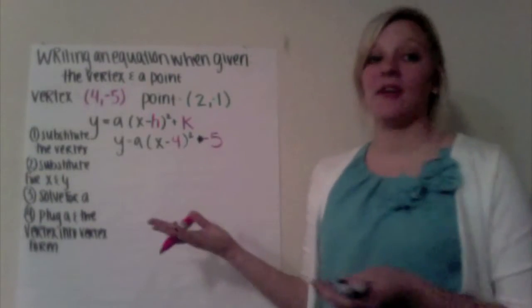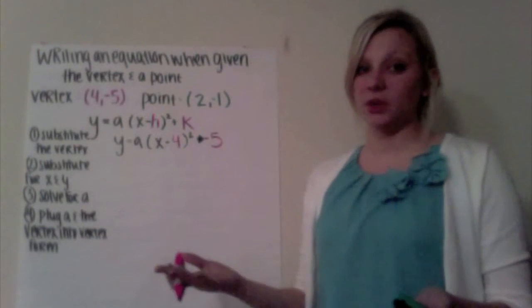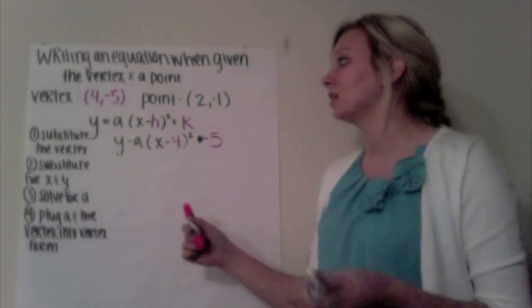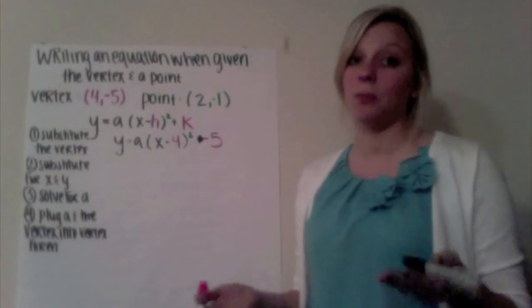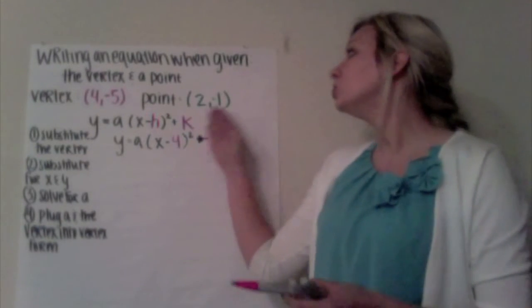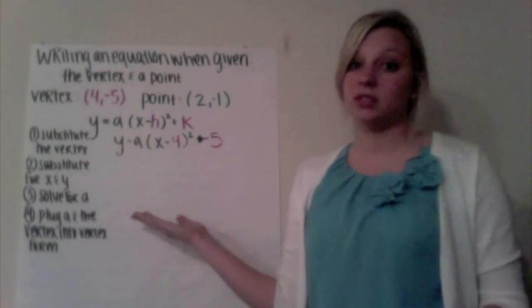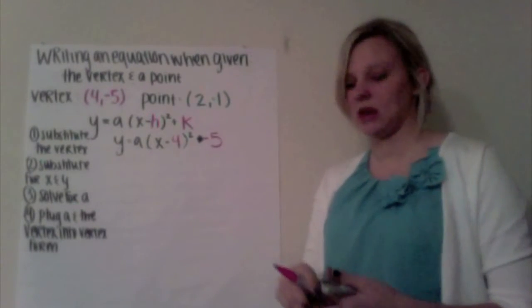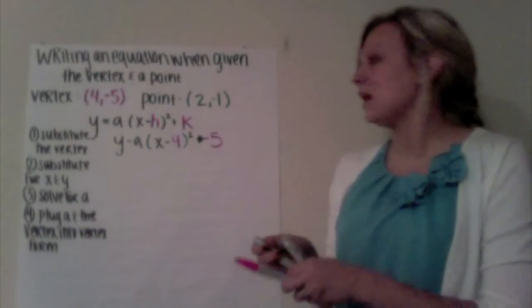So now that we have the equation with the vertex plugged in, we notice that we still have three variables, y, a, and x. Now if you remember, we were also given a point that is on this parabola. So that means that when we plug in the point (2, -1), this equation is going to work out. So to solve for a, we can plug in the 2 and negative 1. So what we're going to have next is in our y, we're going to have a negative 1